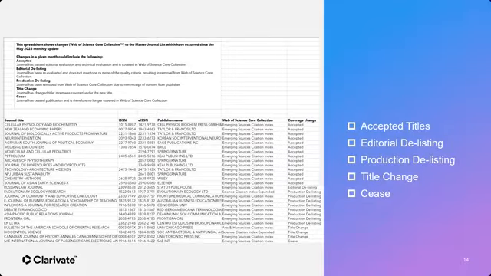So we have all these different reasons for delisting. We have editorial delisting, which means that the journal had been re-evaluated, but it no longer met our quality criteria, and therefore it was removed from the Web of Science core collection. Then we also have production delisting. What this means is that we have not been receiving content from that publisher for a while already.